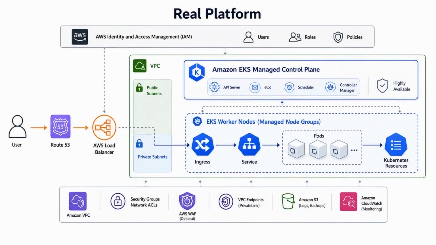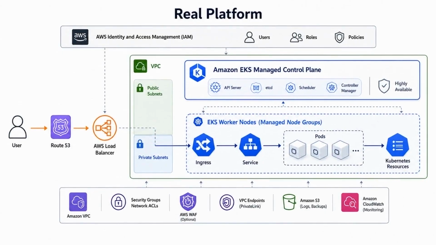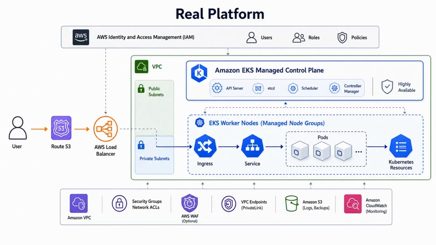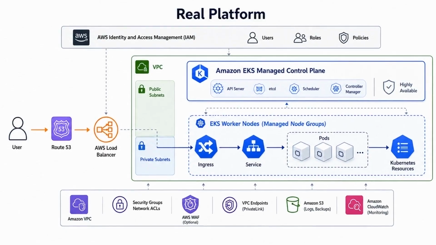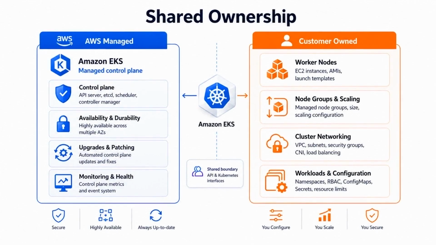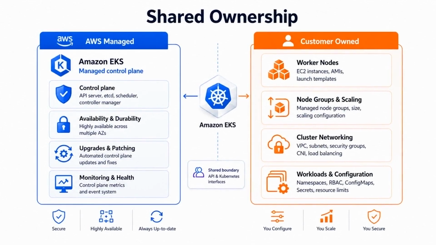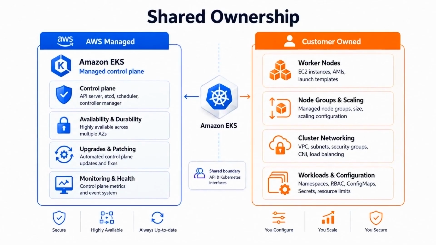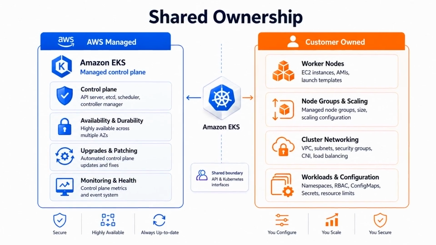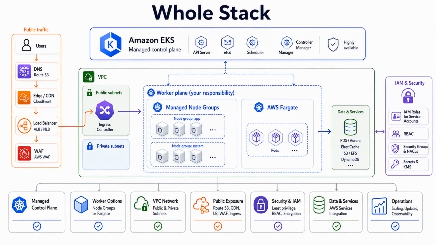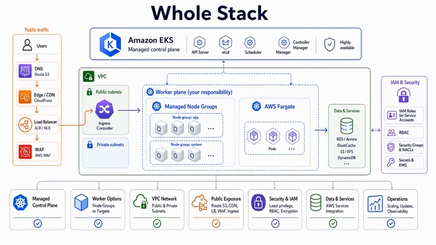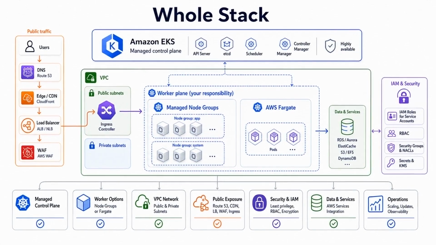In EKS, Kubernetes is only one layer of the operating model. AWS networking, IAM, load balancers, and managed control plane decisions are part of the real platform story. The control plane is managed by AWS, but worker capacity, cluster network design, and workload boundaries are still the team's responsibility. This lesson will connect the control plane, node groups, Fargate, VPC boundaries, subnets, IAM, and traffic exposure into one